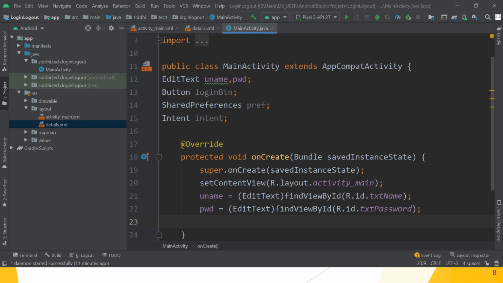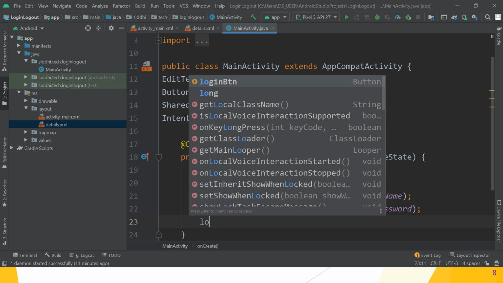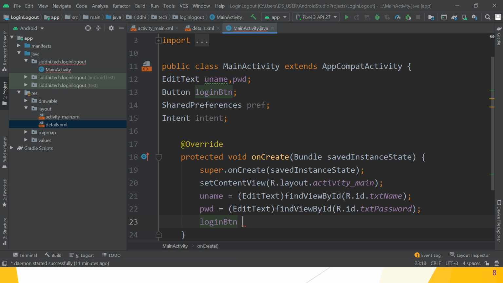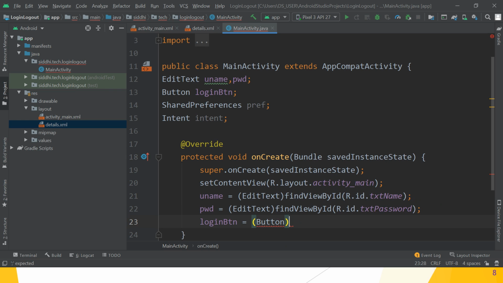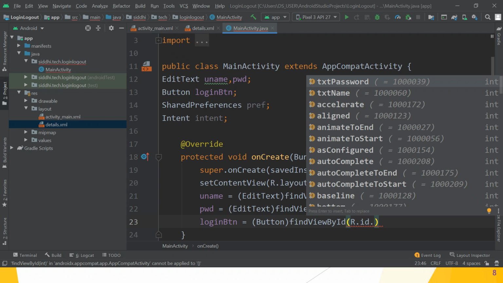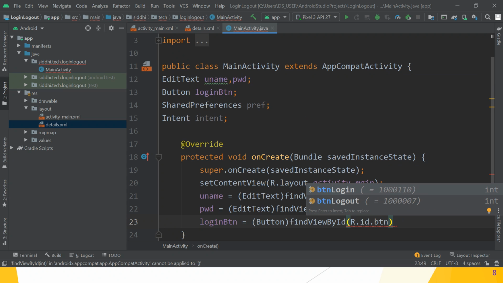After choosing password, what do we have to do? Login button. So the login button is equal to typecast into Button, findViewById, give the name of the ID, that is R.id.buttonlogin.